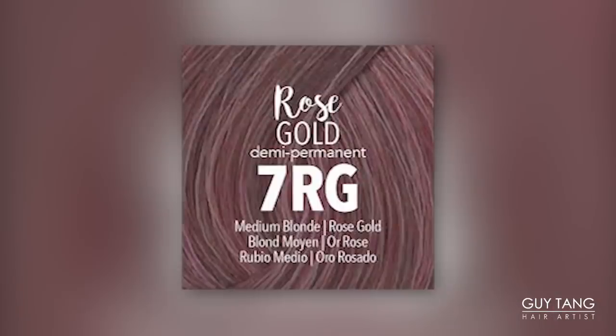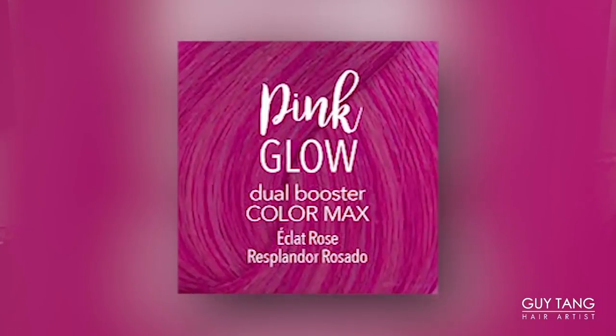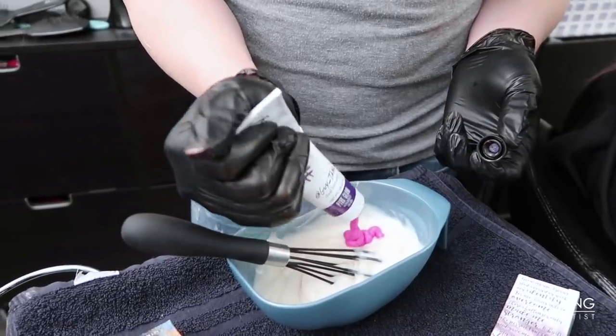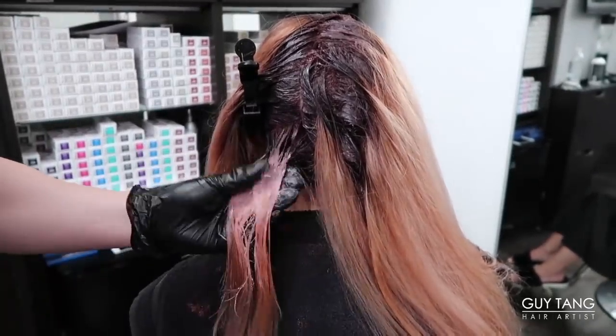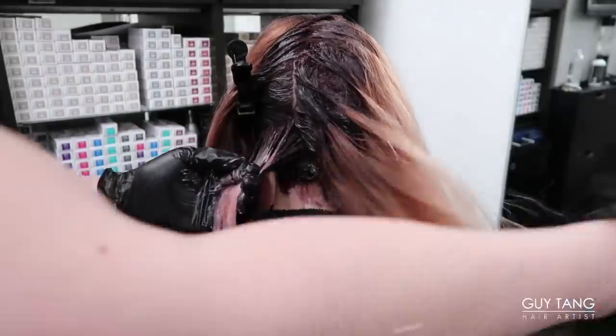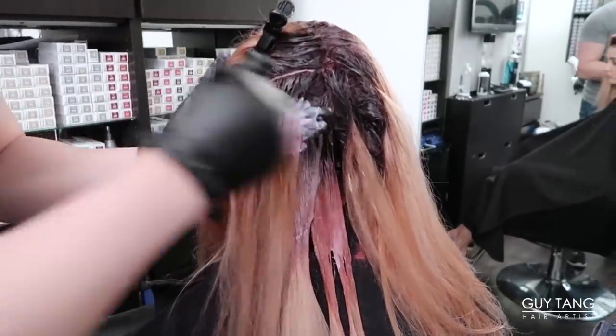I'm going to go in with level 7 rose gold. I'm going to mix it 1 to 2 ratio again with 6 volume. Color Max Dual Booster. It's called Pink Glow. I'm going to squeeze in about that much. That's about 2 to 3 inches. That little bit of blue in there will go in and neutralize that excess orangey tone that you see. The pinky red color from the 7RG remains, so it gives you that rose